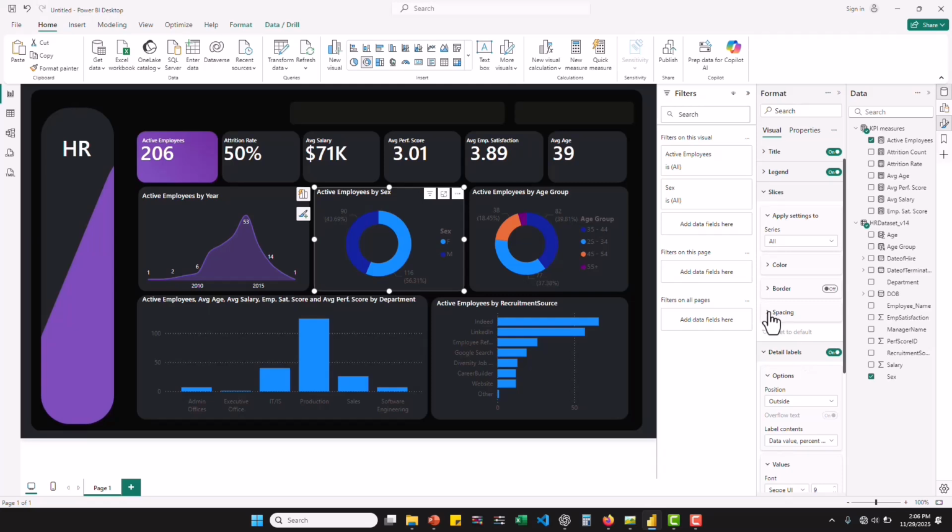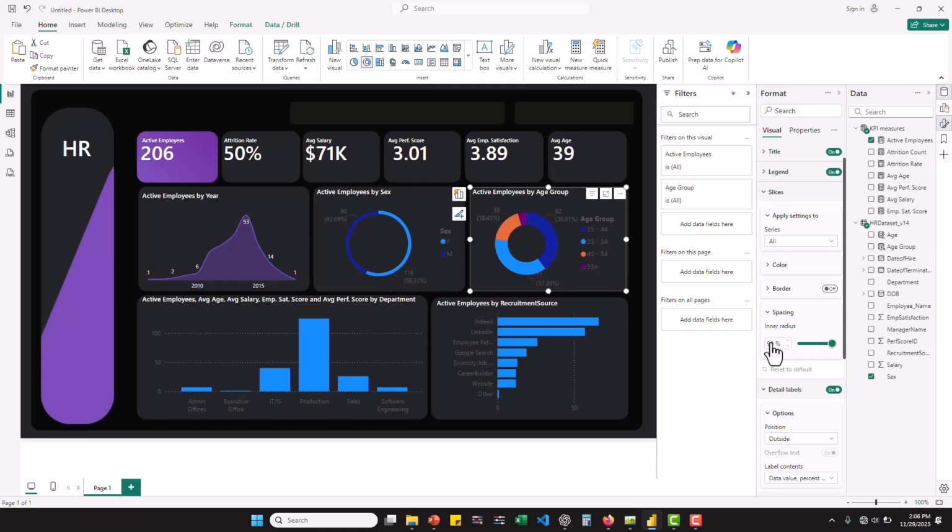Spacing. Let's increase it to 90. Okay, so let's use the advantage to do for this one as well. 90. Okay. So now for the